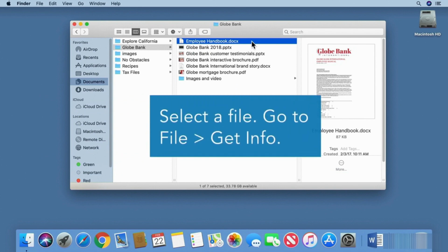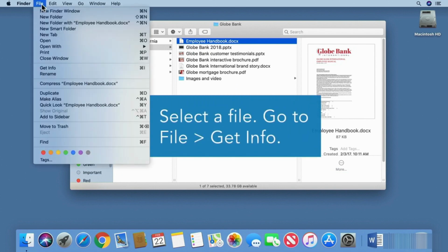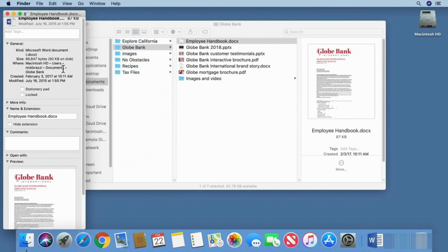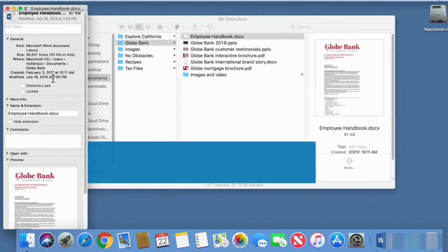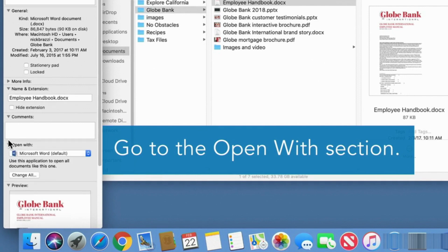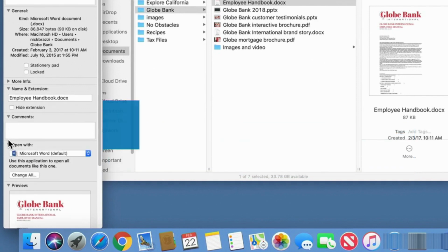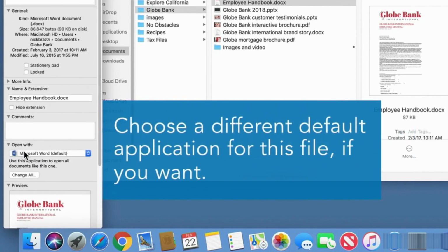Instead of double-clicking, you can select a file, then go to the File menu in Finder and choose Get Info. This shows lots of information about that file. Go to the Open With section. You can select a different application here if you want this file to open with something else when you double-click